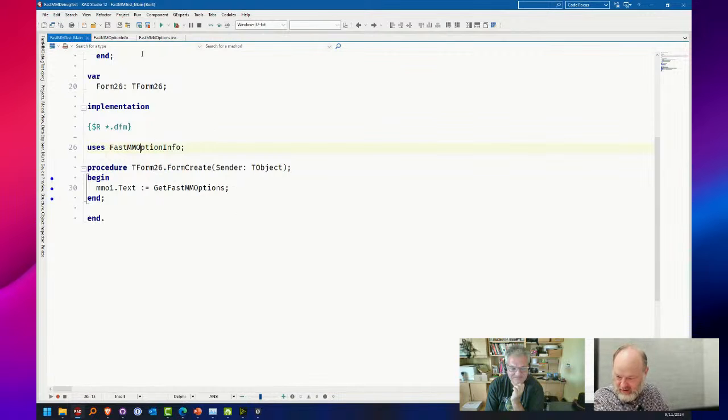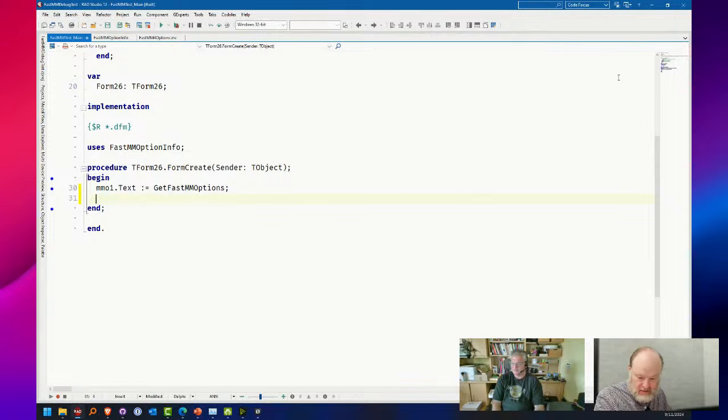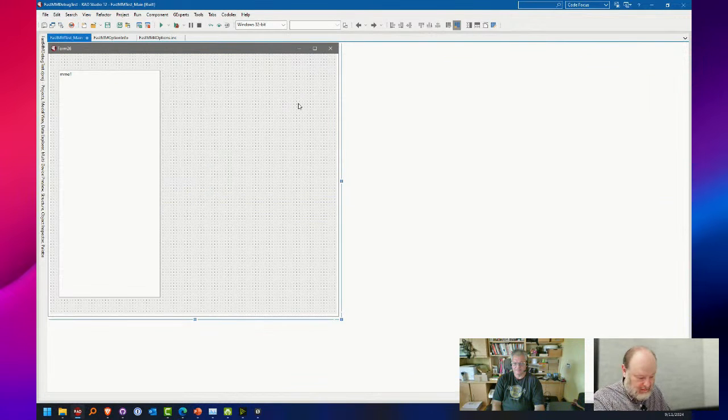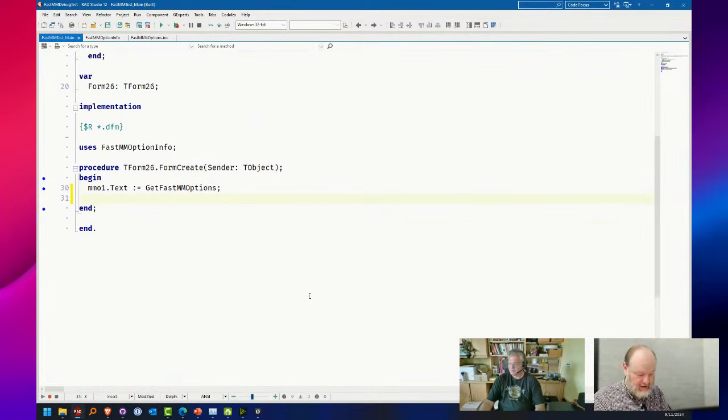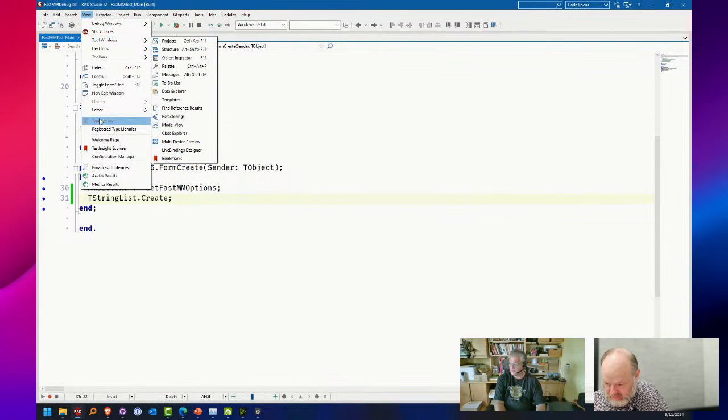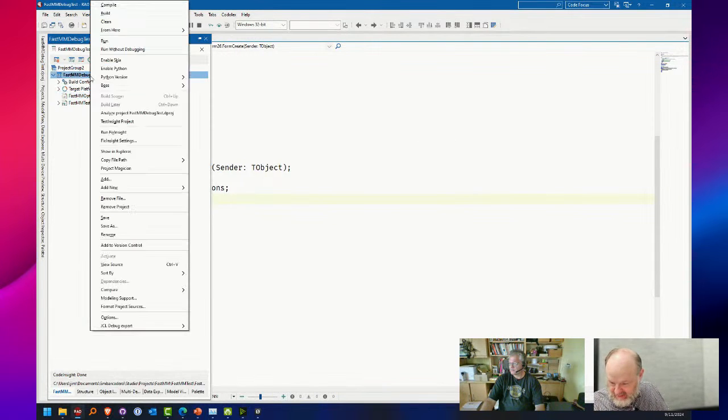So I was going to show, I will make a, let's see. Oops, that's not what I want to do. Code, wrong button. All right, so we'll just do a TStringList create, and then we'll get a memory leak report on shutdown. Oops, opening on the wrong window. But it's logging it to a file. So if I go to view, projects, and then go into the folder.